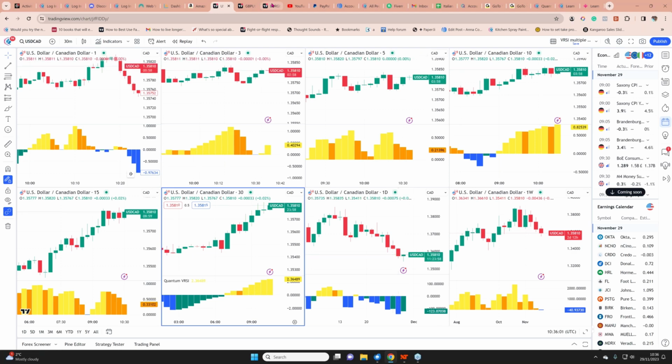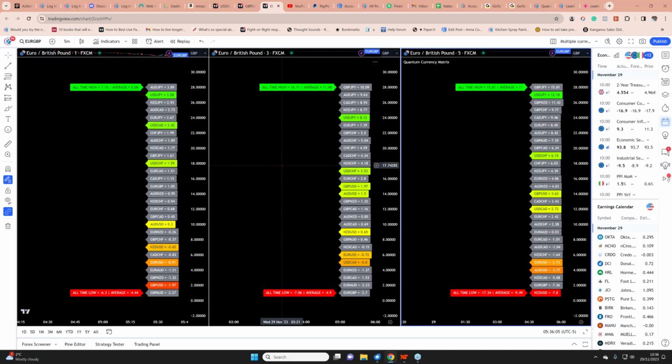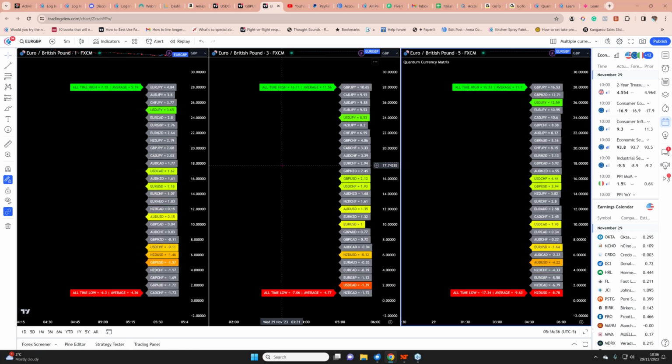And that also applies very much to when you look at the matrix. All I've done here is isolate out the dollar. This is on the currency matrix. I've got a 1 minute, a 3 minute, and a 5 minute here. Remember, the currency matrix is very much a scalping tool because it's looking at things over a 7 period look back. So it's really only looking at the last 7 bars, 7 candles, and drawing the data in based on that time window. So this is working very, very close to the price action. Hence, the pairs will move up and down a lot within the various time frames because it's a scalping tool.